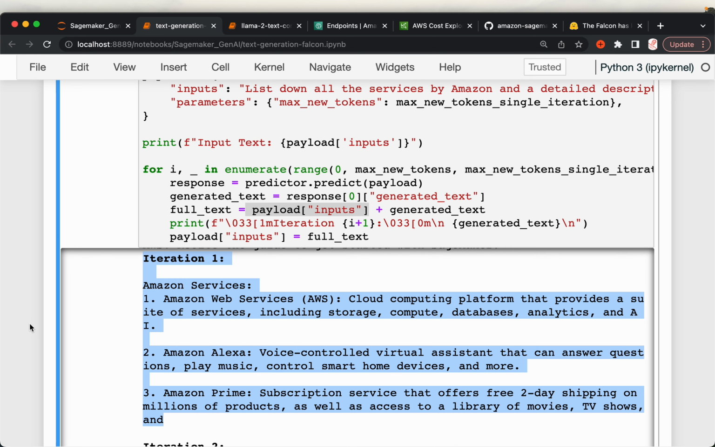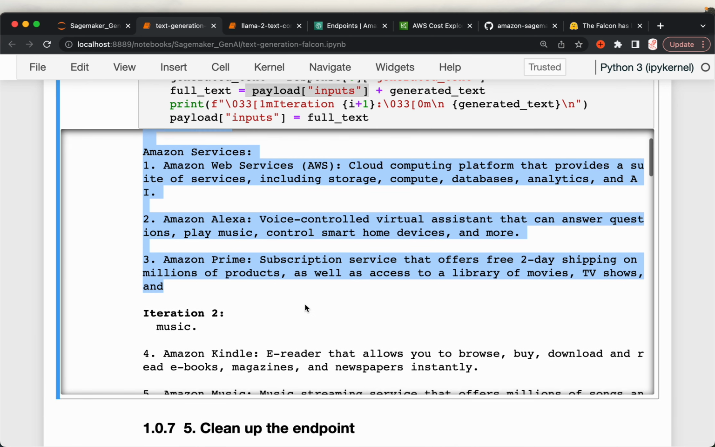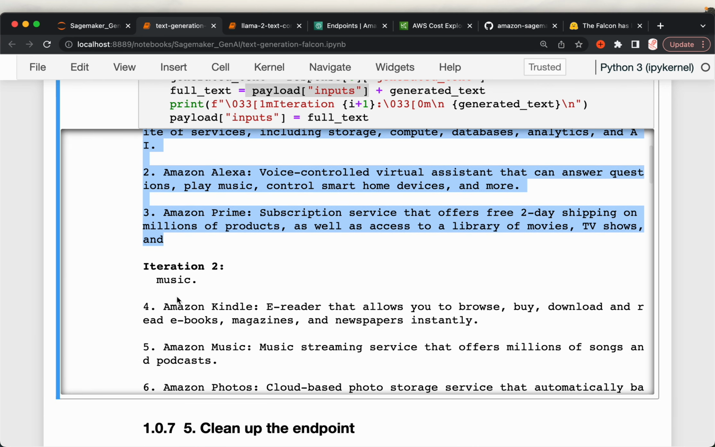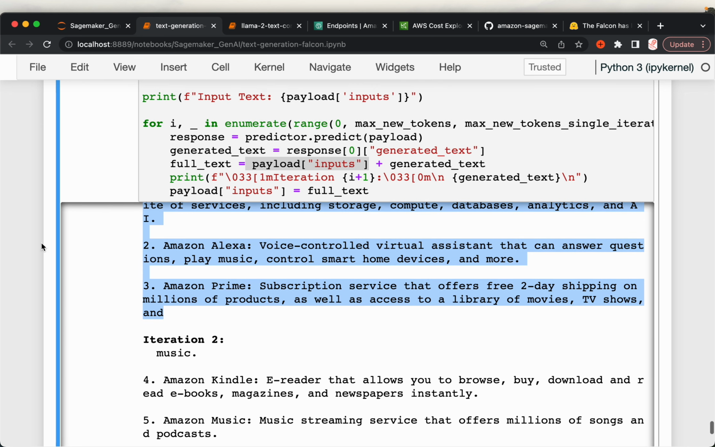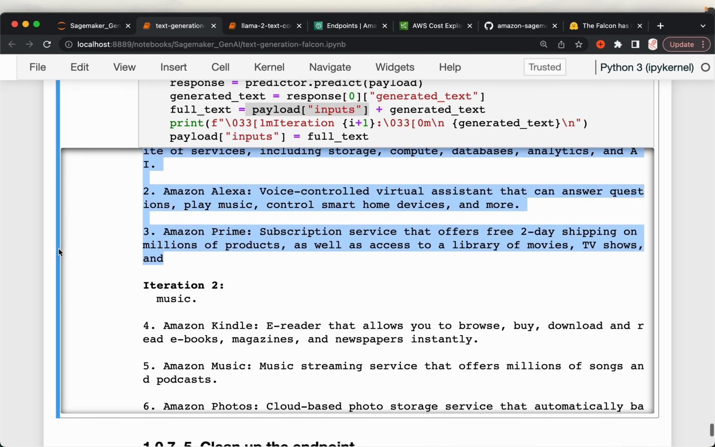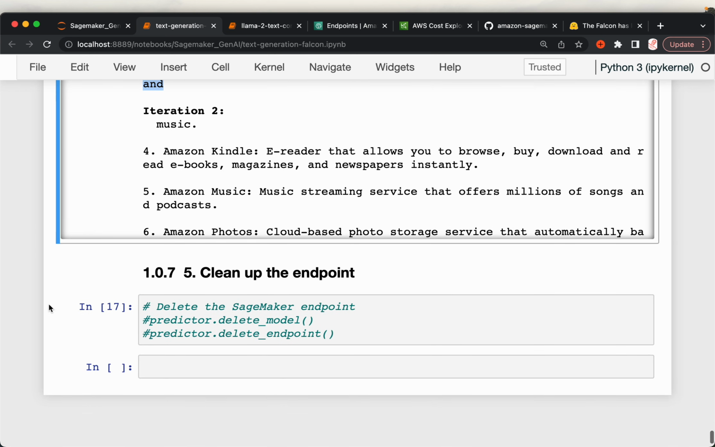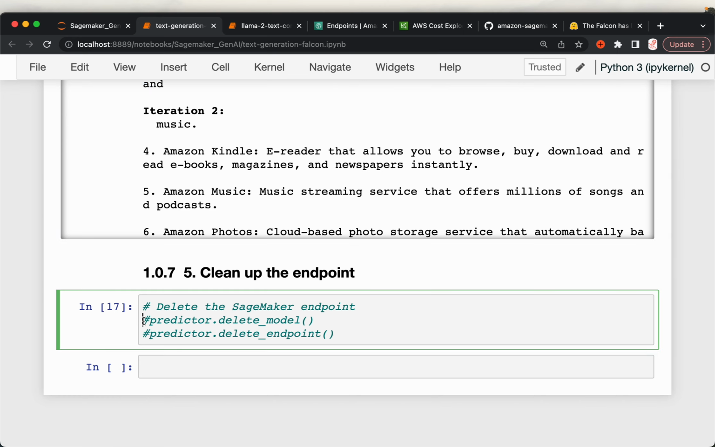Okay, so this way the model will be able to maintain the continuity between different iterations. Okay, that's quite nice, right? All right, so if you are going to use these models live,